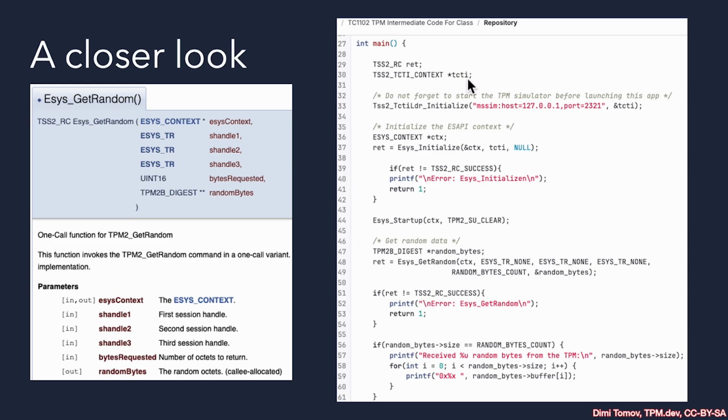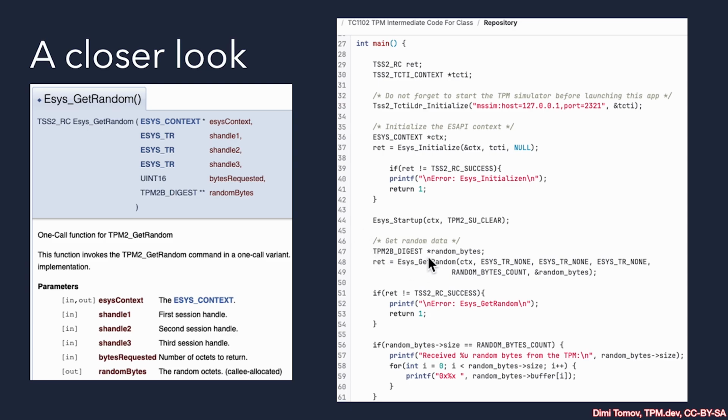As you can see, we have the TCTI pointer variable, which we then initialize using the TSS2 TCTI loader initialize API. Once we have our TCTI set, we pass it to the Esys initialize API using our empty pointer variable Esys context, and the last argument is NULL, because we just use the latest variant of the ABI for the TPM2 TSS. Upon success, we also perform a startup operation because we're using a TPM simulator. If this was a dedicated TPM, most likely the UEFI or the BIOS would have performed the TPM2 startup command for us. But in this case, we have to do it ourselves.